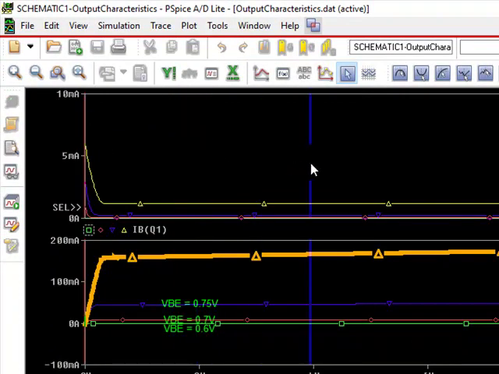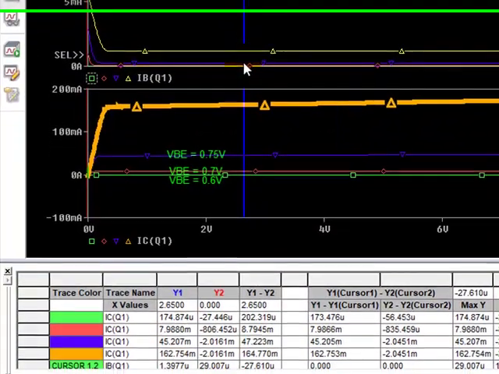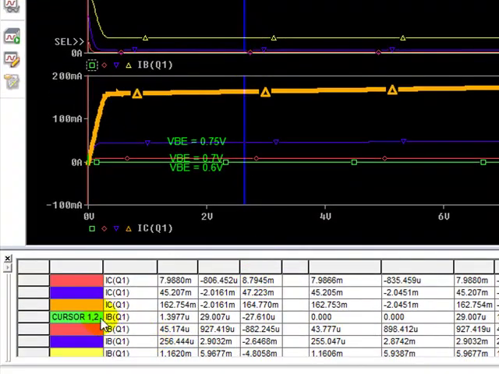I will place the cursor here. I want to know what is the base current. So come down, please select blue color curve and check for base current, not the collector current. Check for base current. Base current is 256.44 microamp.